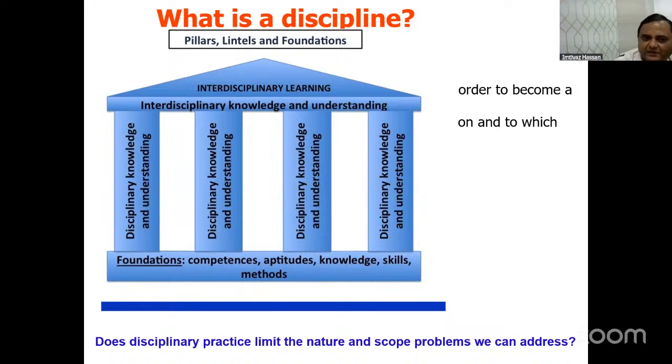If you integrate different disciplines together and develop a mixed kind of thinking, that's called interdisciplinary research. Interdisciplinary research stands on the pillars of different disciplines, depending on what kind of topic you are going to do. The foundation of interdisciplinary thinking is the different disciplines, and that gives you completeness of aptitude, knowledge, skills and methods. It becomes a new way of thinking.